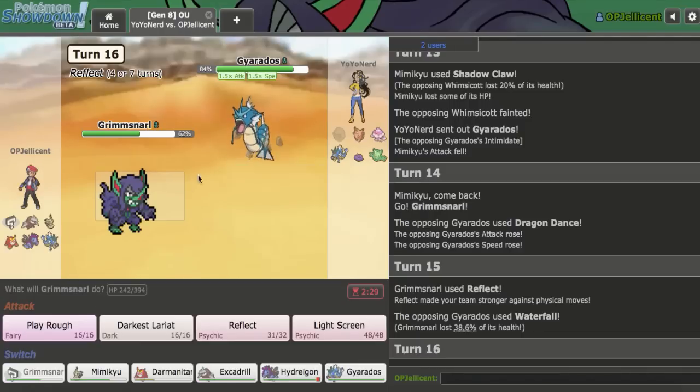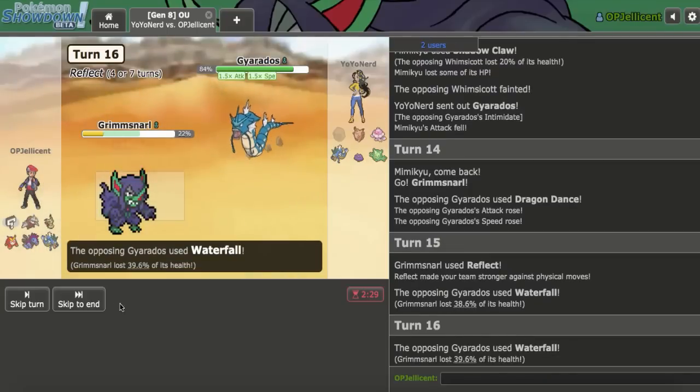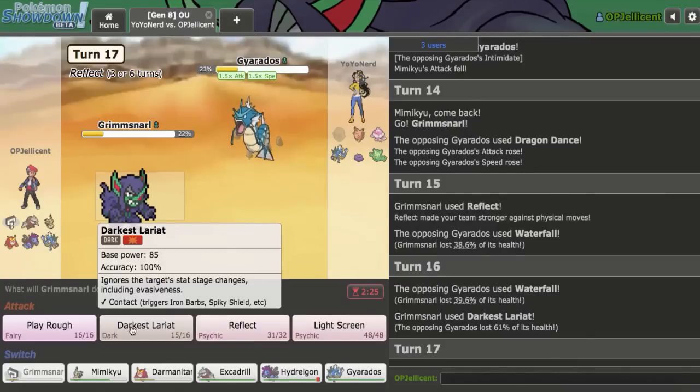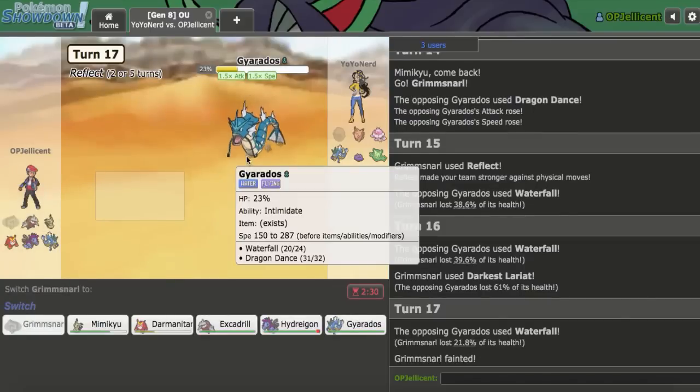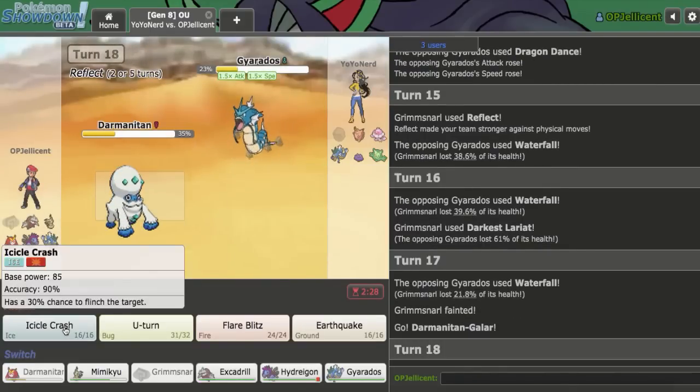They go right for Waterfall, does absolutely nothing. And I think I'm just gonna Darkest Lariat here. No point in risking accuracy. That still does so much, by the way. Can we talk about that? Yeah, that is ridiculous damage, but what I can do here is bring in the Darmanitan. And at this point I can just revenge them with...